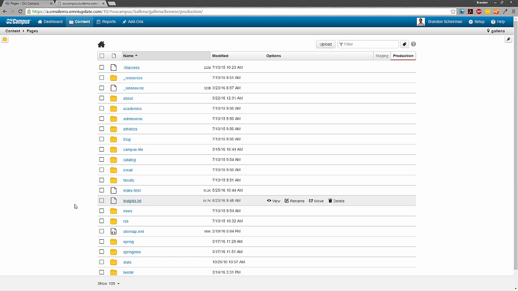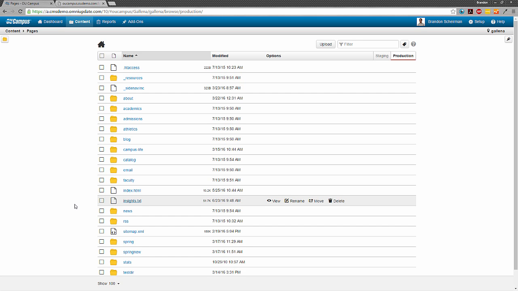Another thing to note, just make sure that you're not renaming or moving this file. There's no way for us to configure where to find this file. Insights just automatically looks for an insights.txt at the root of the production server. So if it gets moved or if it's renamed, unfortunately Insights will not be able to function.